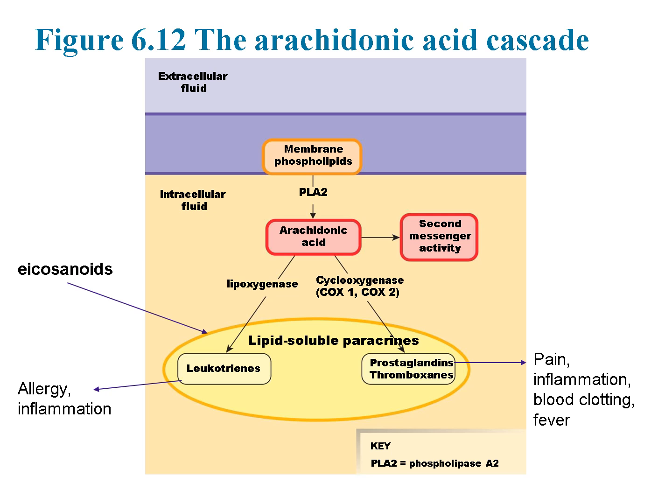Thromboxanes play a key role in blood clotting by promoting platelet aggregation. Some of these eicosanoids also act as second messengers, amplifying the initial signal and ensuring that cellular responses are robust and localized. The importance of this cascade is reflected in the effectiveness of drugs like NSAIDs, or nonsteroidal anti-inflammatory drugs, which inhibit the COX enzymes to reduce pain, inflammation, and fever. By blocking key steps of the cascade, these drugs help manage symptoms of inflammation, while highlighting the significance of this pathway in maintaining homeostasis and responding to injury or infection.